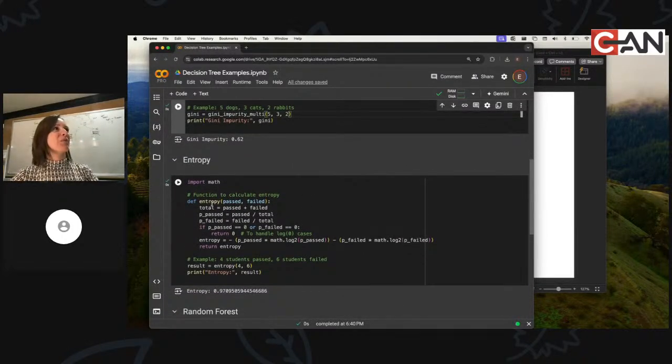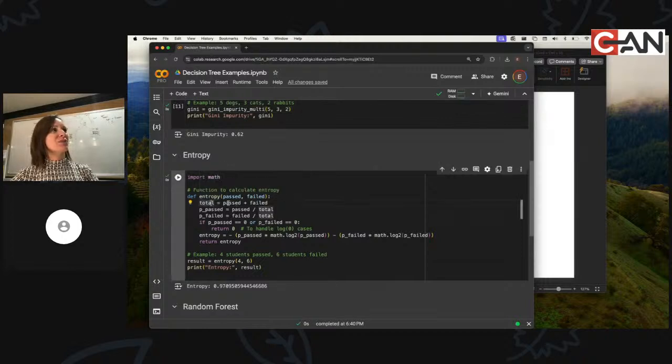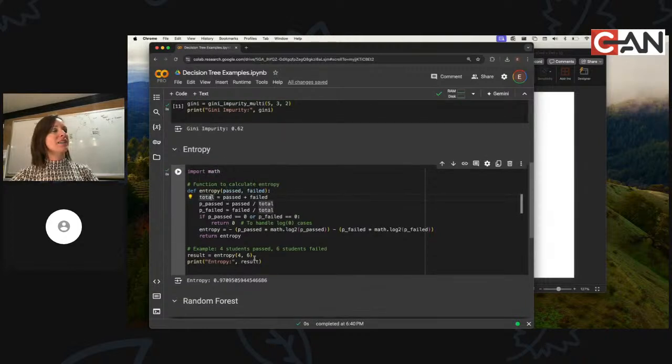So you are probably well on your way here. In our example of pass-fail, we have 4, 6, and we're taking in passed and failed. Again, we calculate the total like we did above. We calculate the proportion, which is passed over total, failed over total. And then